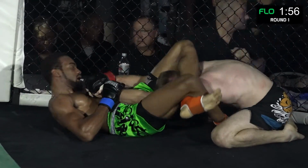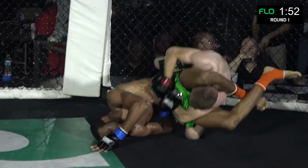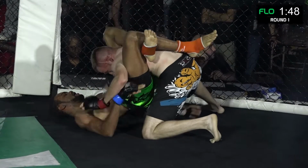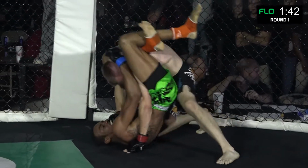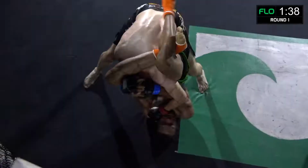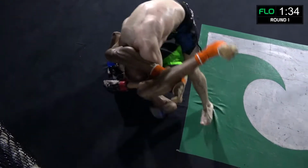Kilburn somehow hanging on. The head is starting to slip out. And he goes right back to it again. Edward Massey sinking the triangle. There's blood again on the left ear of the Killer. Yep. Arm in. Is that a cut? Looks like it's on the top of the forehead. That's pulling down on that head. Goodness. Watch him stacking him up, trying to get a little